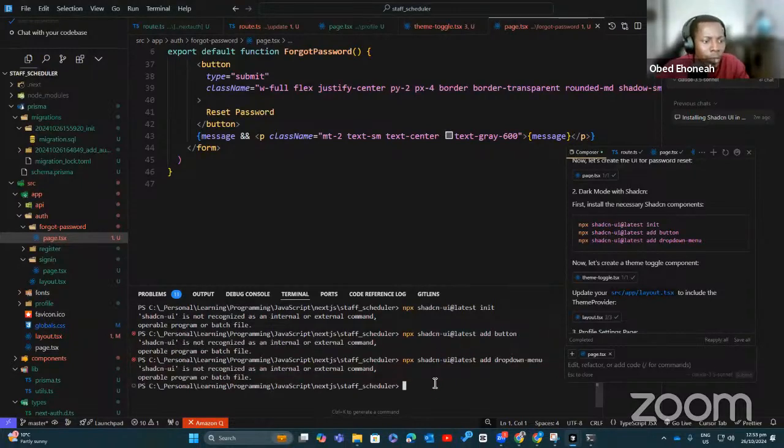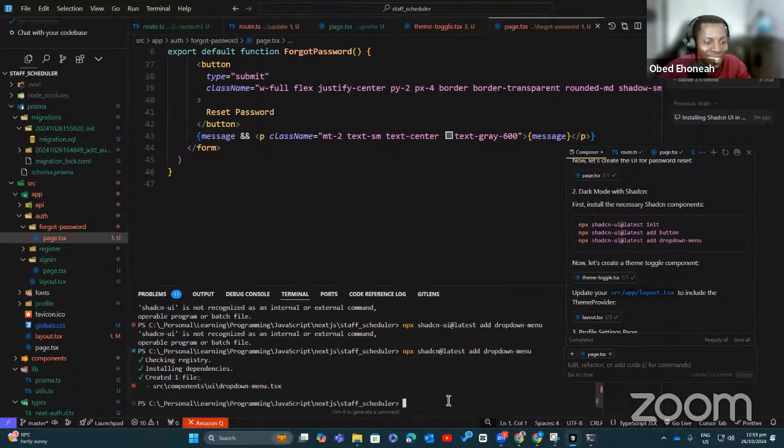This thing keeps messing this up. It's not shadcn UI, it's shadcn.